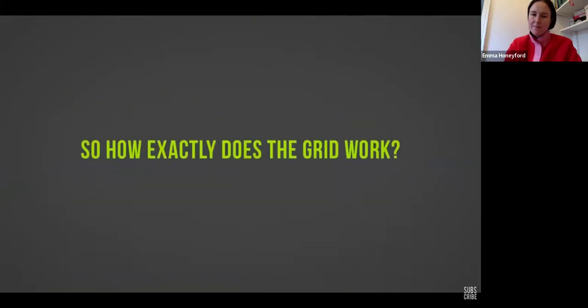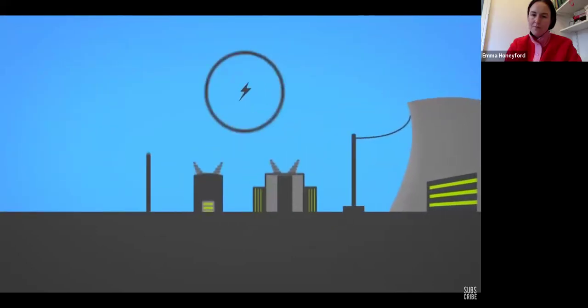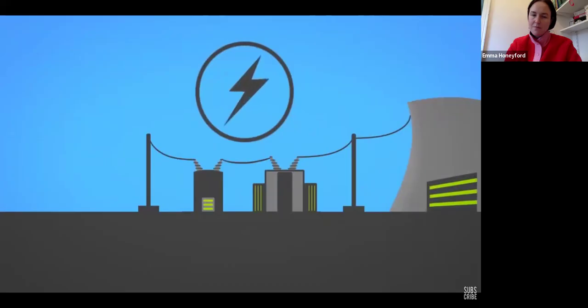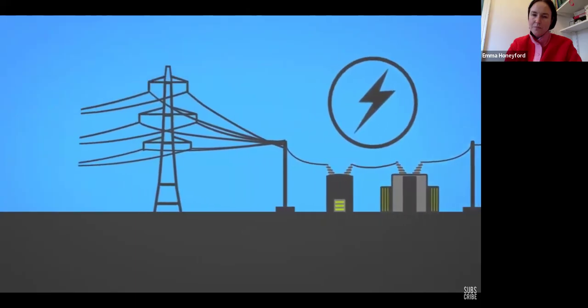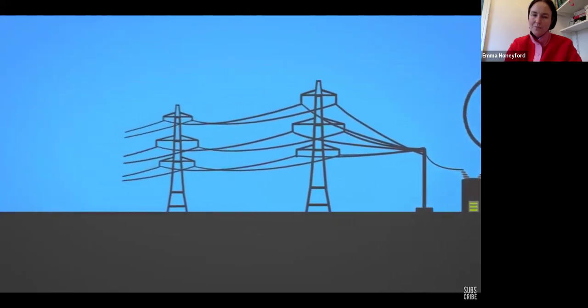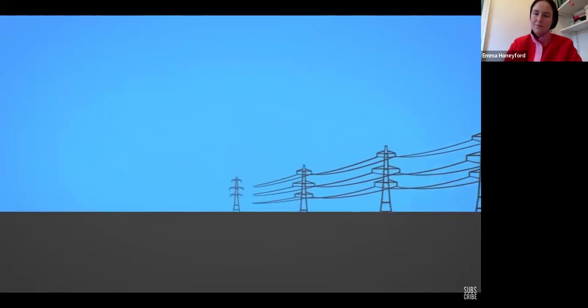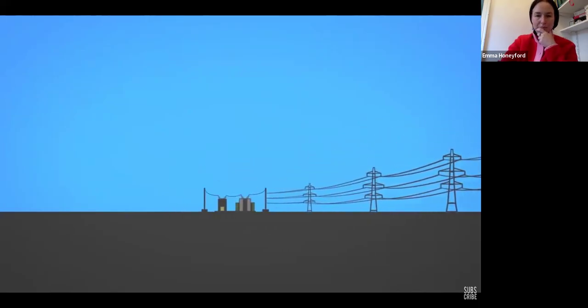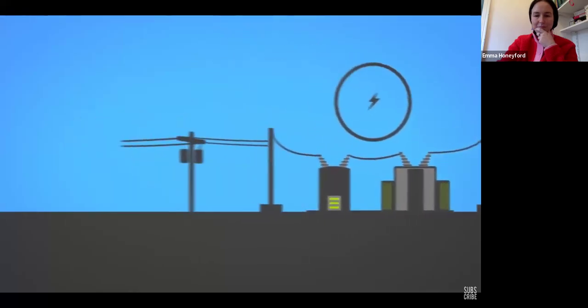So how exactly does the grid work? After electricity is generated, the voltage is stepped up at a substation. This voltage increase allows electricity to travel long distances while minimizing the amount of electricity lost. The electricity then travels along transmission lines, either overhead or underground. Once it reaches its destination, another substation steps the voltage down to a level suitable for distribution lines that deliver